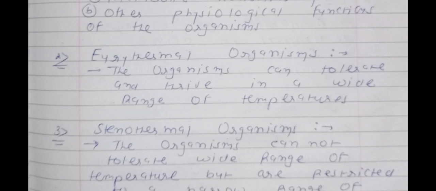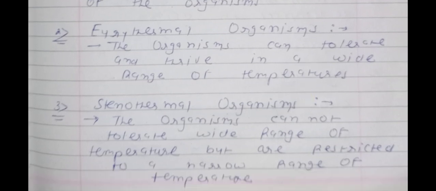Now see, for point number 2 and point number 3, we have two different types of definitions. The first definition is about euthermal organisms and the second definition is about stenothermal organisms. In homework you will write both of these definitions 5 times. Okay, it is also asked like the differences between euthermal as well as stenothermal organisms, but in your textbook